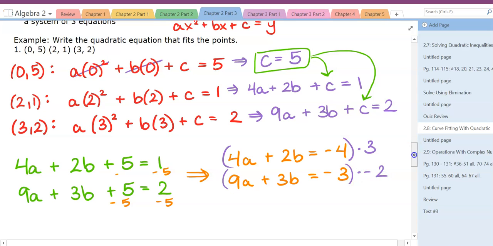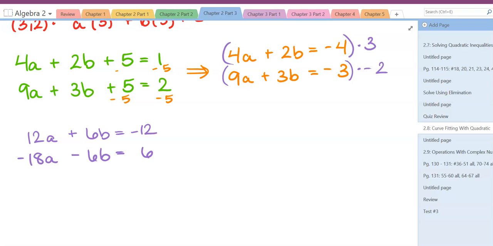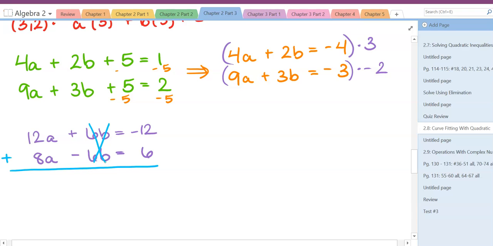Okay, so let's rewrite those now. The top one is going to say 12a plus 6b equals negative 12. The bottom one now is going to say negative 18a minus 6b equals 6. Now I'm going to add these equations. I do that so that my b's cancel. So I've got 12a plus negative 18a, which is going to be